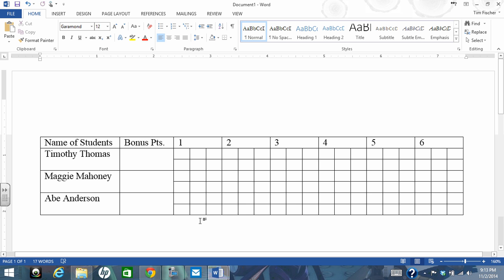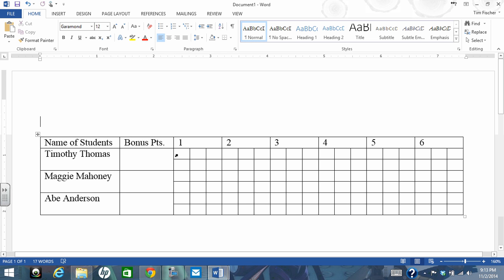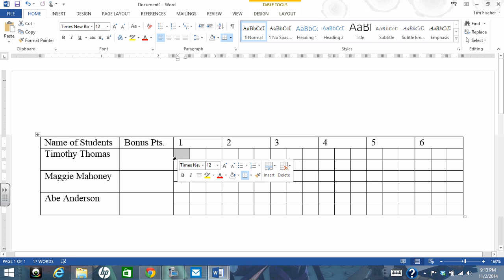If you notice, I'm holding down Control, and you see how we have this little arrow up here when I go up into the corner. So if I select one, now hold down Control, and if I get that little arrow,